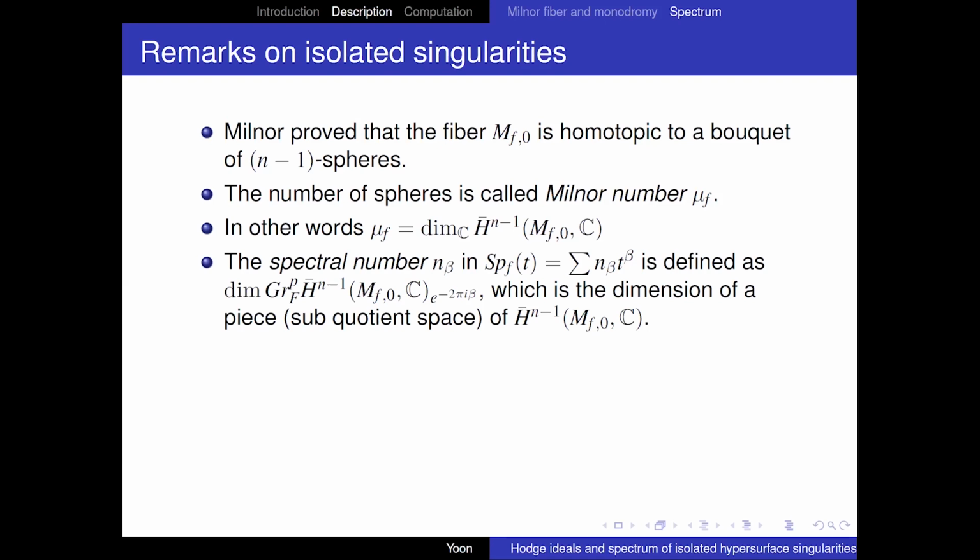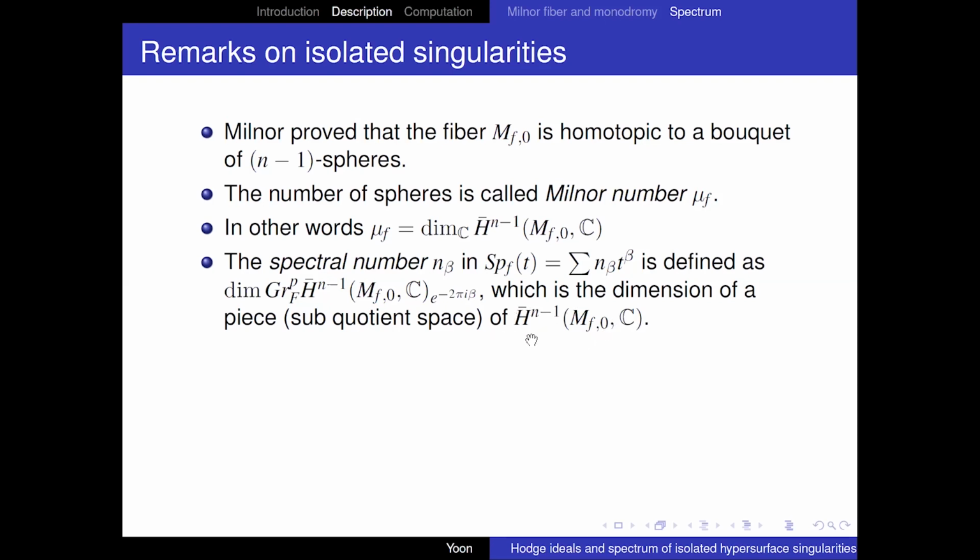We call the number n_{f,β} a spectral number in this case. A spectral number is, here's again a typo, this is spectral multiplicity. Sorry, this is spectral multiplicity, and n_{f,β} is defined as a piece of homology,